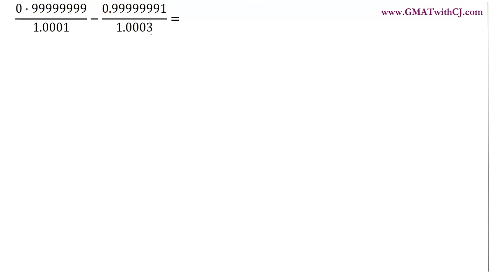But I believe the way I went about this question is a very universal way I go about questions. So I thought of sharing this. Now when I looked at this question, as you can see, there are a lot of 9s after the decimal, and then you have almost 1 in the denominator and then almost 1 here also. And then you also have this almost 1 in the numerator.